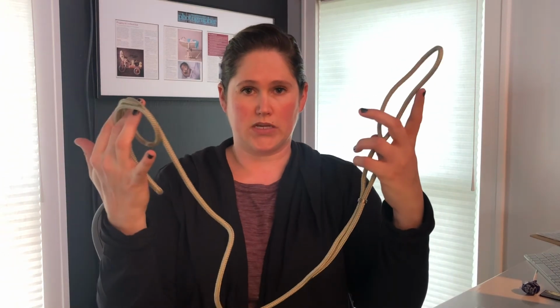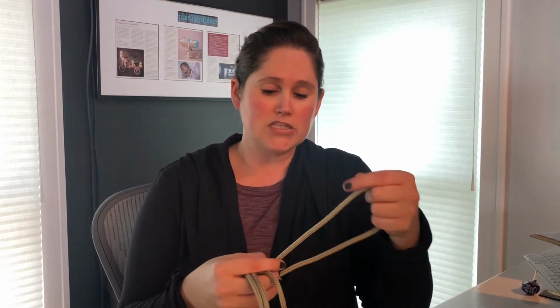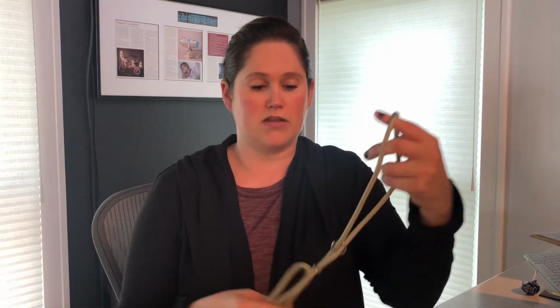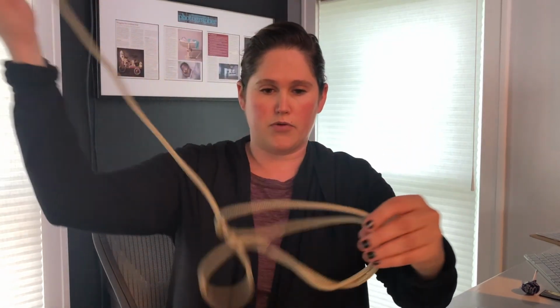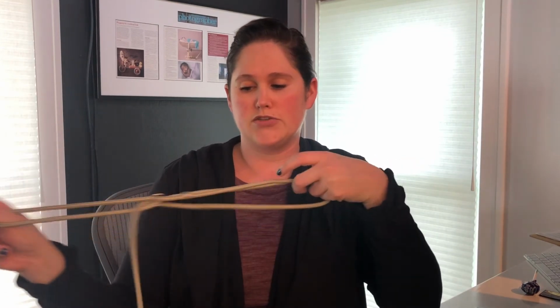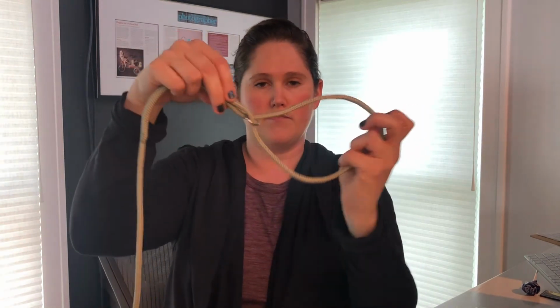So this is a show lead, and I use these in studio a lot. I have to educate my owners on how to hold it so that it's easier to retouch out later. And this could be for on location. If you use one of these, you can literally just flip it through the collar onto their actual collar. Or in studio, it's a little martingale, so you just put it around the dog's neck, and